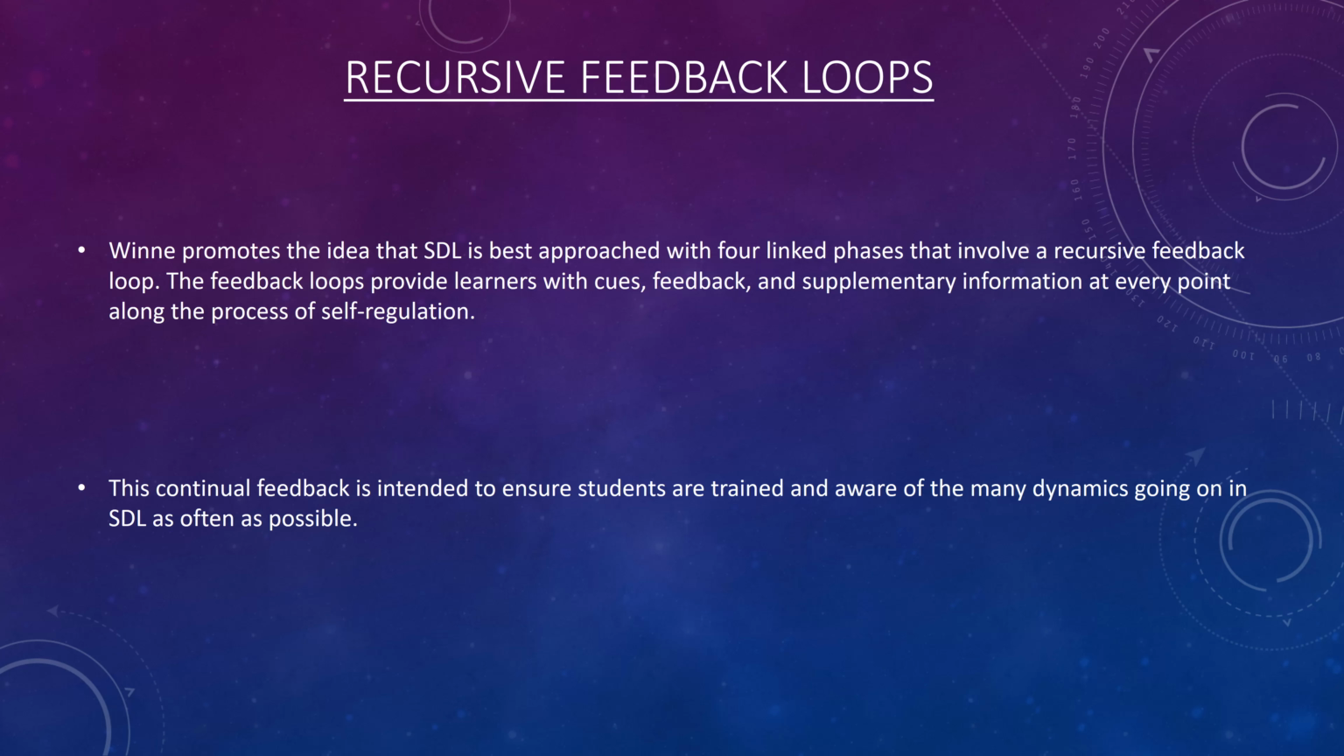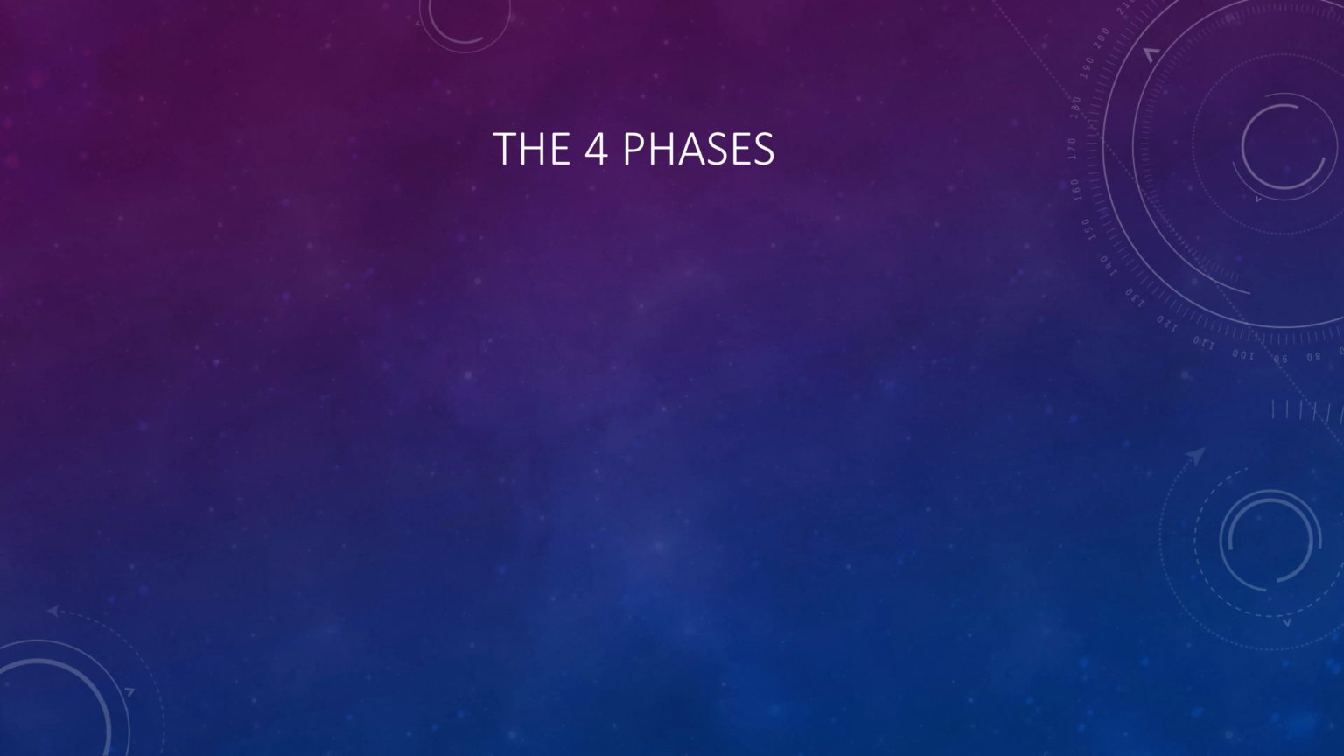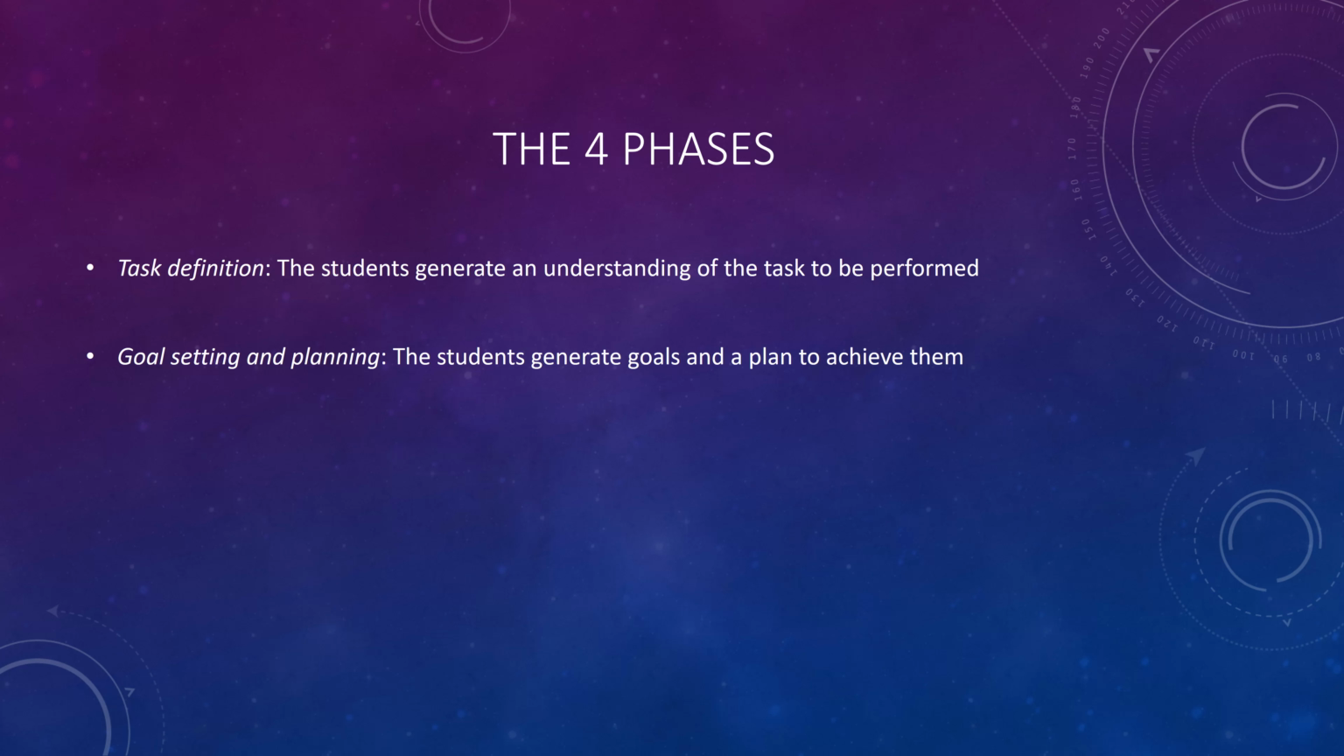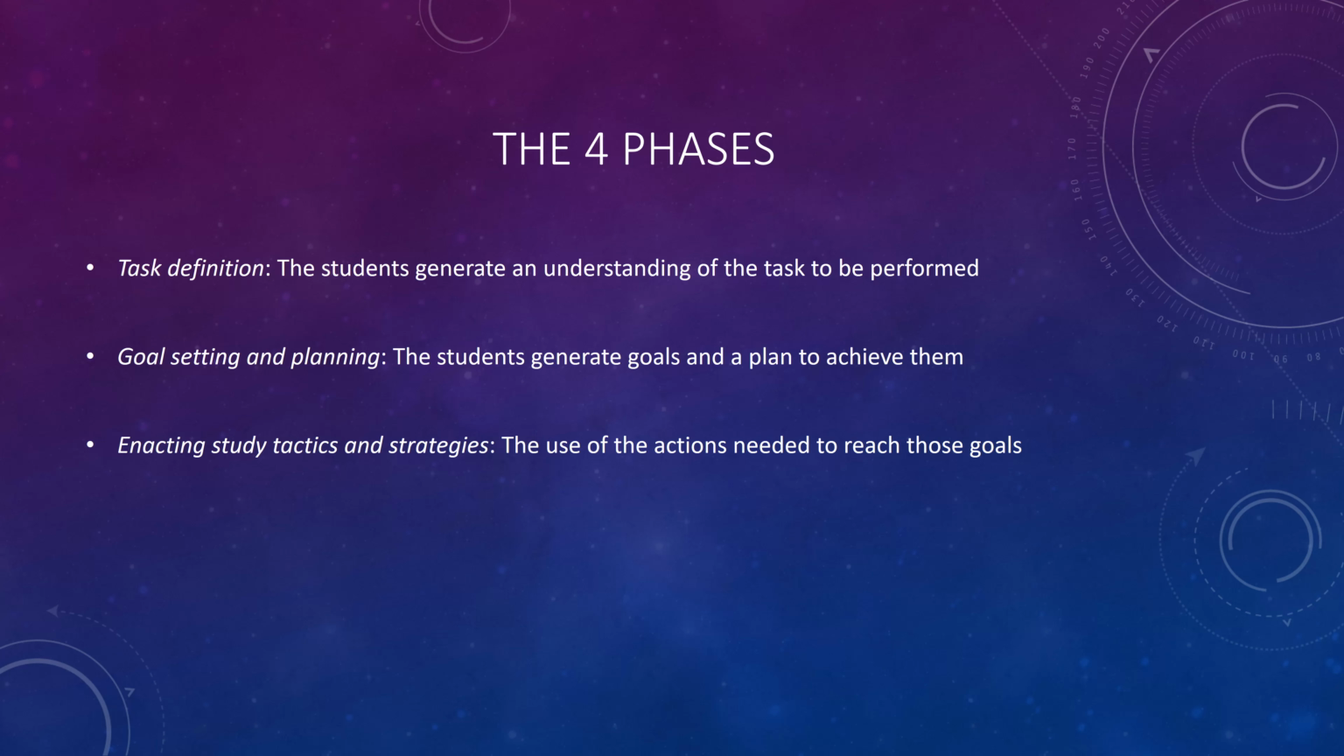This continual feedback is intended to ensure students are trained and aware of the many dynamics going on in SDL as often as possible. The 4 phases are task definition, where students generate an understanding of the task to be performed; goal setting and planning, where the students generate goals and a plan to achieve them;